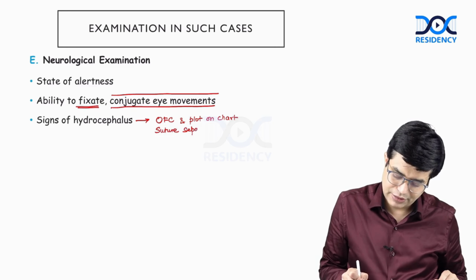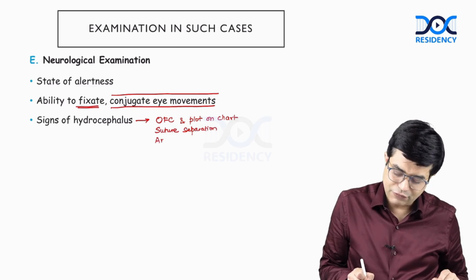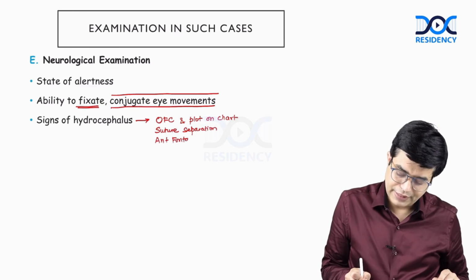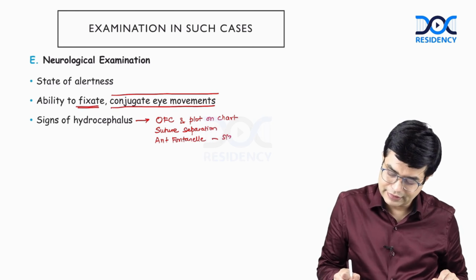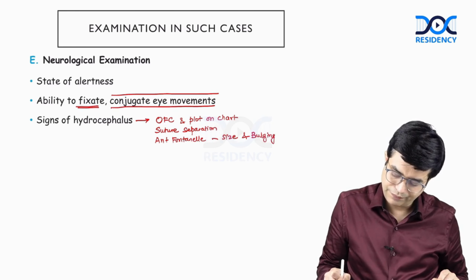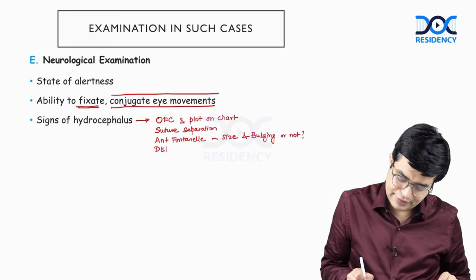Secondly, you will look out for any suture separation. You will palpate and see for any suture separation. You will see the status of the anterior fontanel, its size, and whether it is bulging or not. Bulging anterior fontanel is a sign of hydrocephalus. Then you will check for any distended scalp veins,